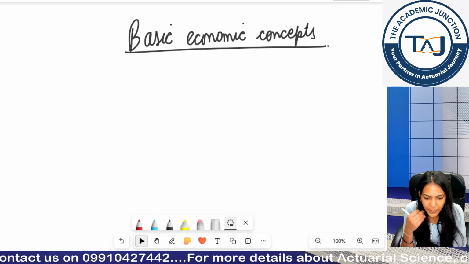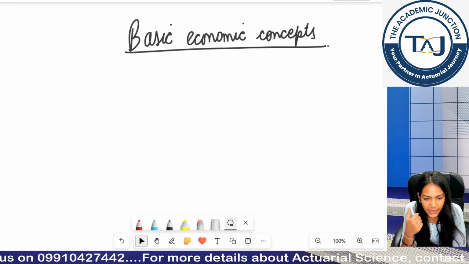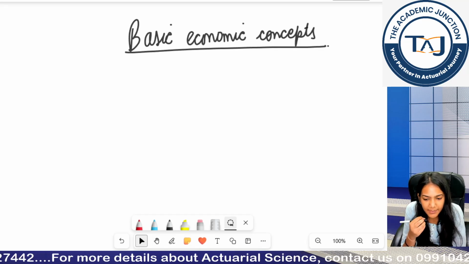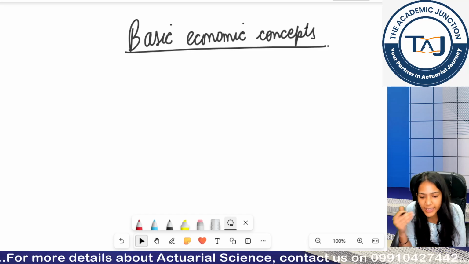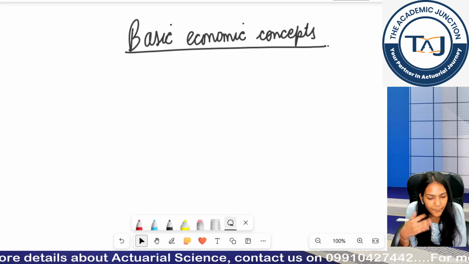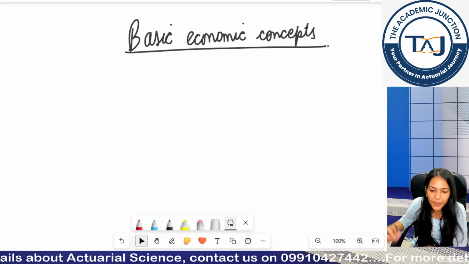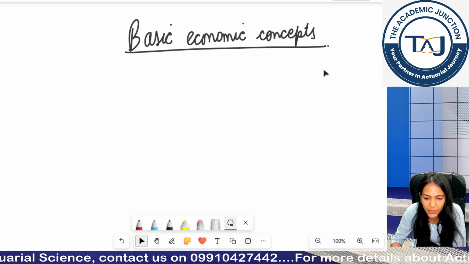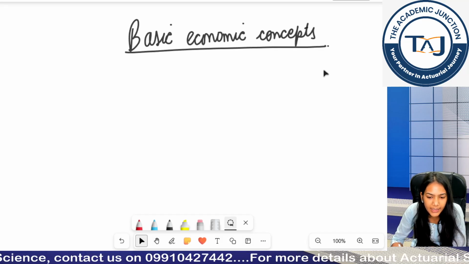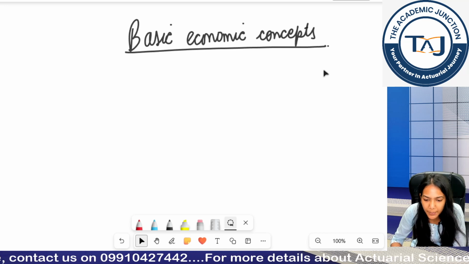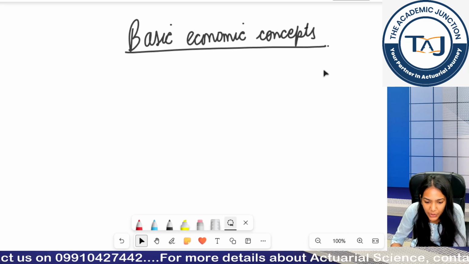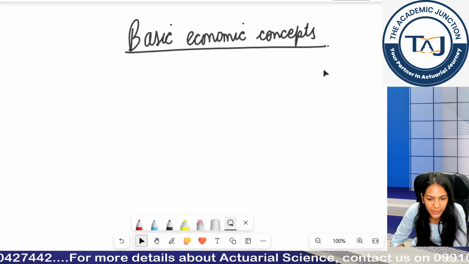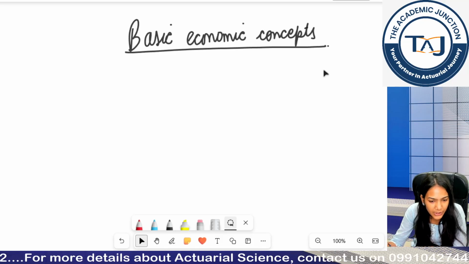As we know, in the previous class we started with our first chapter, basic economic concepts and definitions. As I mentioned, the chapter is not directly tested in an exam via questions, but its concepts are used in your further chapters. We discussed the various types of economies and economic concepts such as supply, demand, and the two dimensions of economics, microeconomics and macroeconomics. Now we will complete this chapter in this class, continuing with further topics.